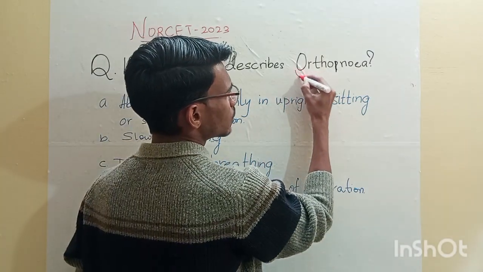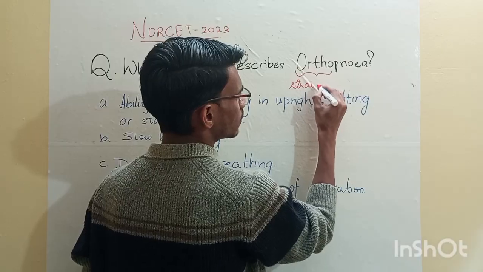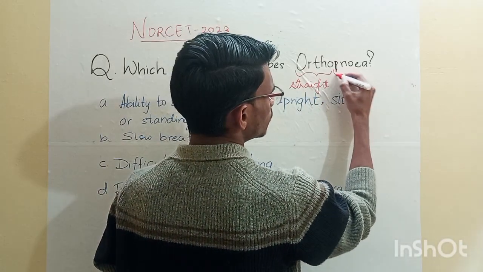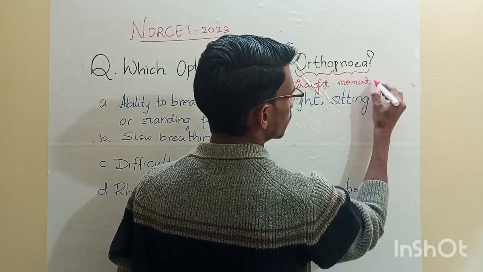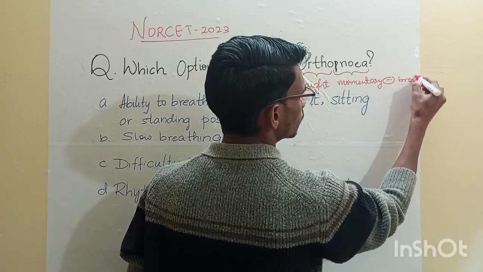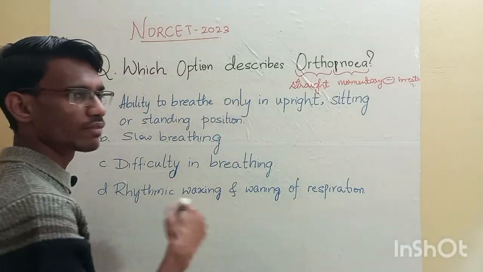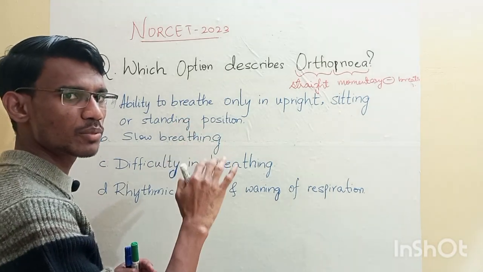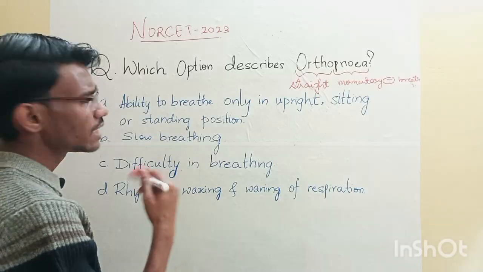As the name suggests, ortho in Greek means straight, or it also means vertical. Then apnea. Apnea refers to momentary stopping of breathing. So from the word we come to know that there is a stopping of breathing in some position, that is a straight position, which actually is lying down position. So this is what the word means. Let's go through the options.